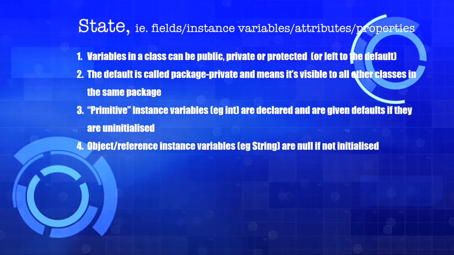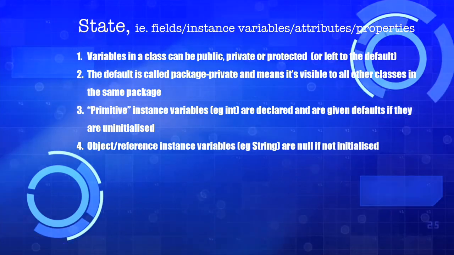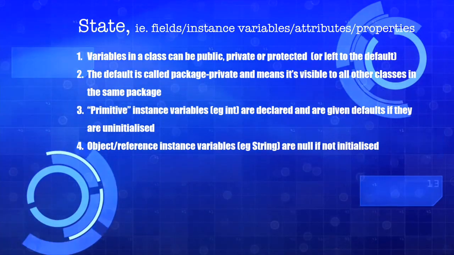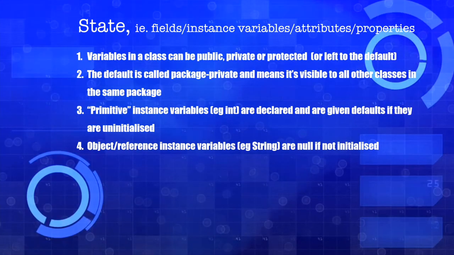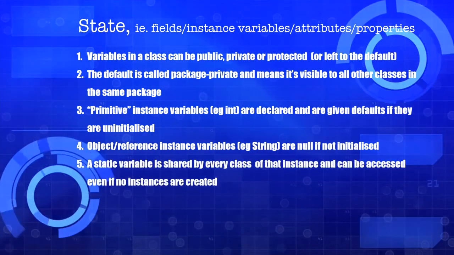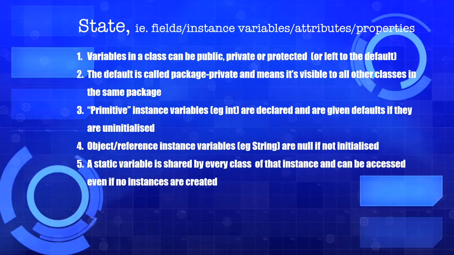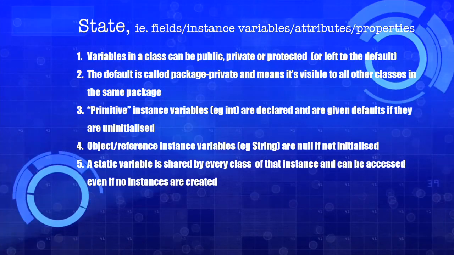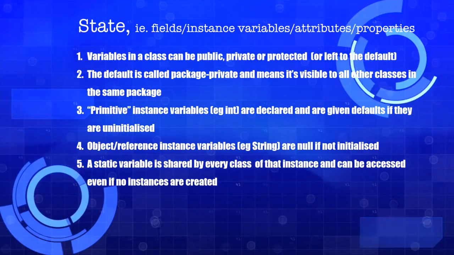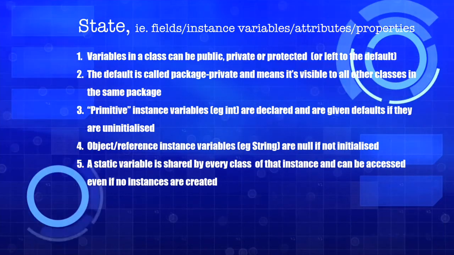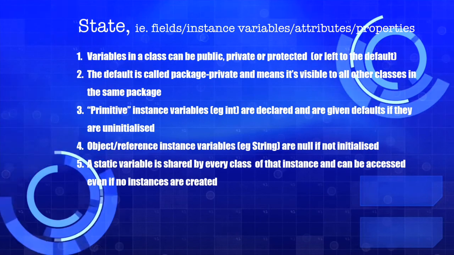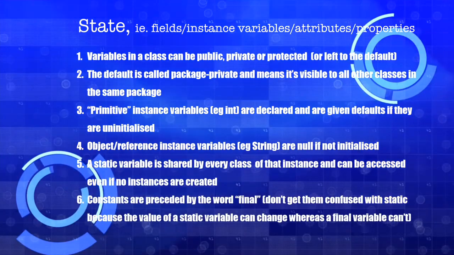An object or a reference instance variable, like a string, will be null if it hasn't been assigned or initialized with the new keyword in Java. A static variable, there's only one of them. Every static variable and static method that you define, there's only one of them, and the value is shared by every instance of that class, like the model of the calculator. This can be really useful in some